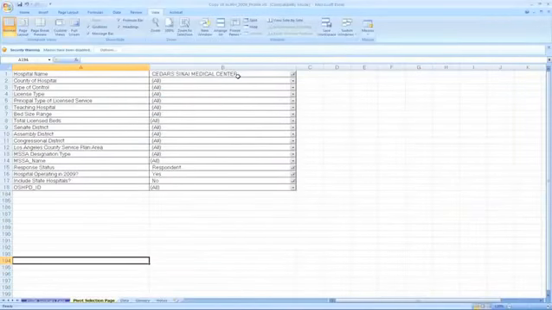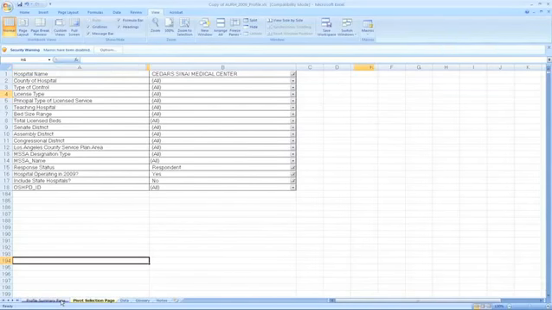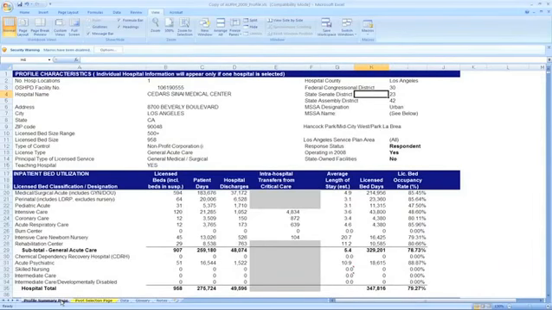I'm selecting Cedars-Sinai. And at the bottom of your screen, you'll see the Profile Summary page. By clicking on the Profile Summary page, you will see all of those different data fields that were in that questionnaire. They're populated for Cedars-Sinai. So you see at the top we're dealing with Cedars-Sinai Medical Center, and you see that it's in Los Angeles